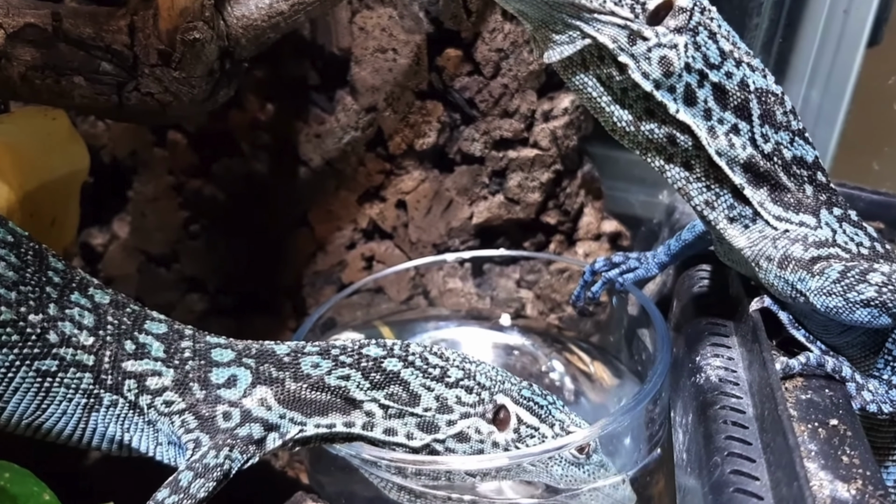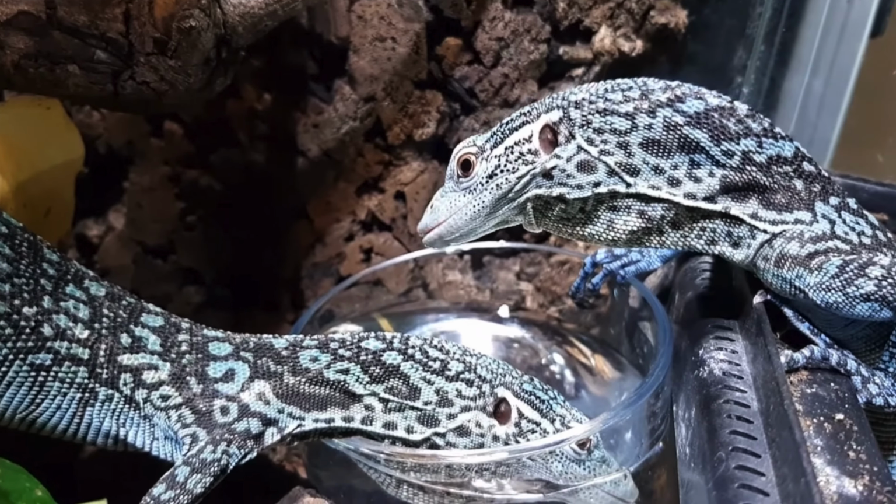Blue tree monitors are a monitor lizard that come from the island of Batanta, which is an island in Indonesia. They're actually endangered in the wild due to things like deforestation and collection for the pet trade. They live on a diet of mostly insects such as grasshoppers, katydids, stick insects, and other insects you would find high in the trees, but they'll actually go raid bird nests as well, eating both the eggs and young fledglings